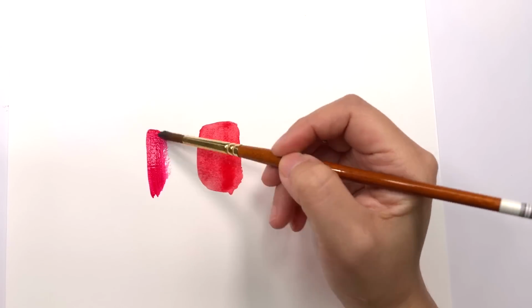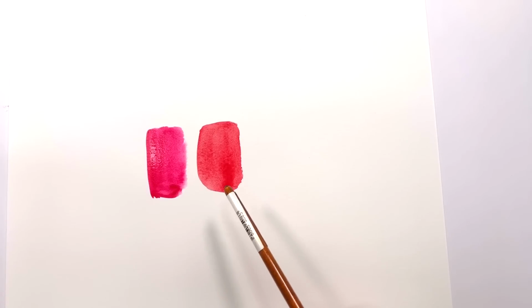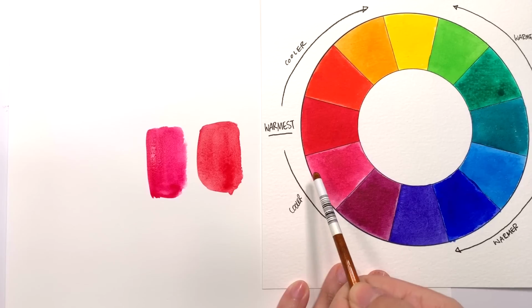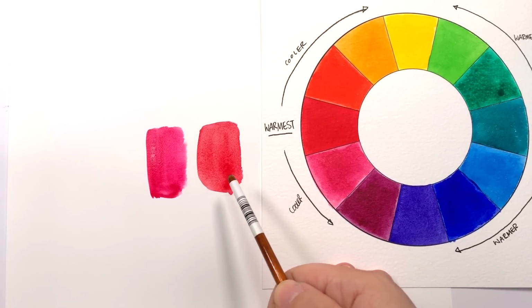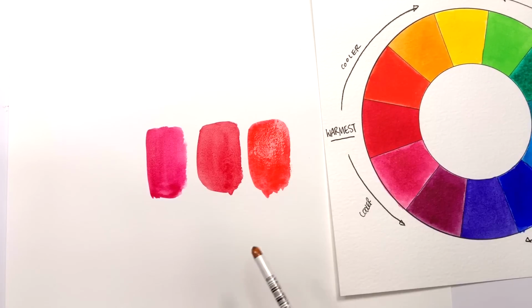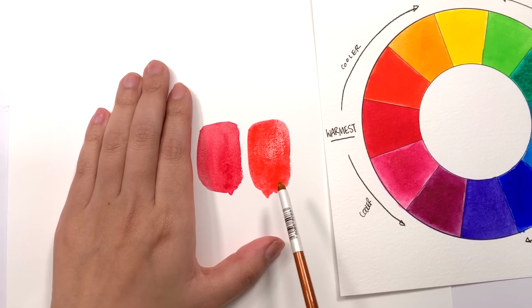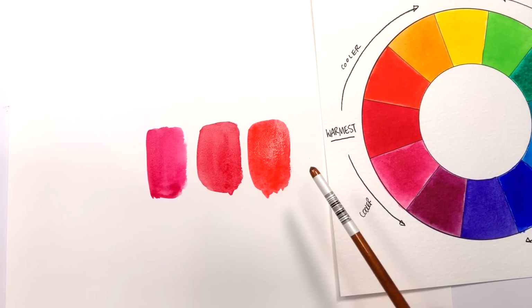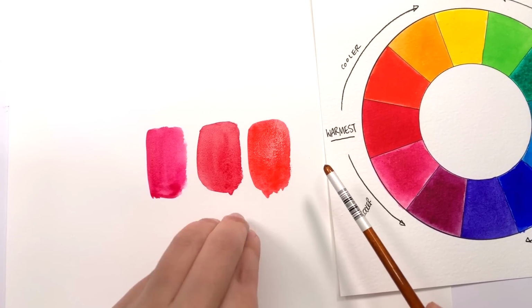For example, say you are looking at this color, right? It could go either way. And you're asking somebody, is this a cool or warm color? If somebody has, say, this color on the palette, then obviously, because this color has more red, let's bring the color chart back. Because this color is closer to this color and this color is closer to this color, that person would say this is obviously a warm red. But what if somebody had this red in their palette and they didn't have this color? Then that person would tell you that this is a cool red, because they don't have an even cooler color to compare to. And this is why people get into all sorts of problems trying to pin down a temperature